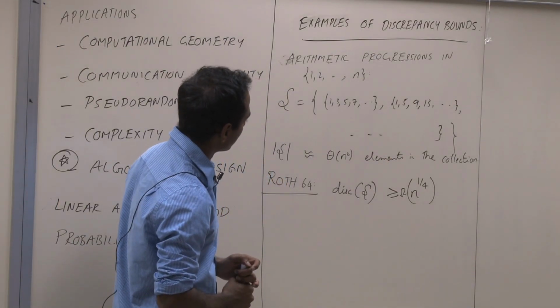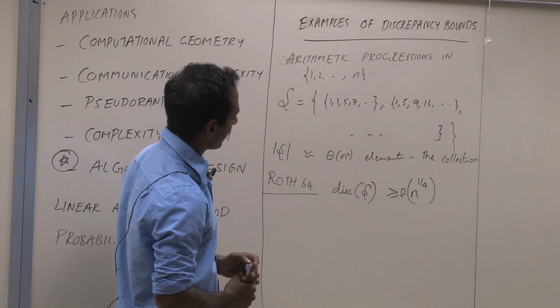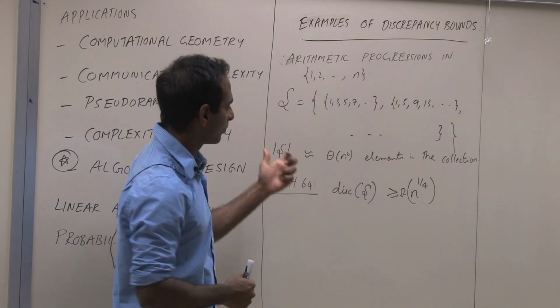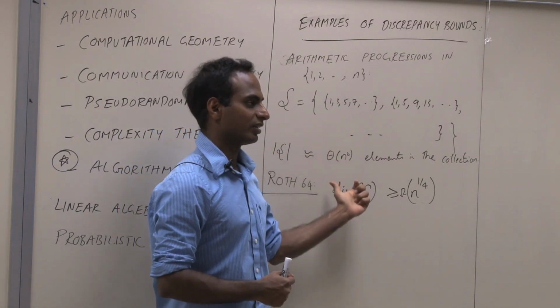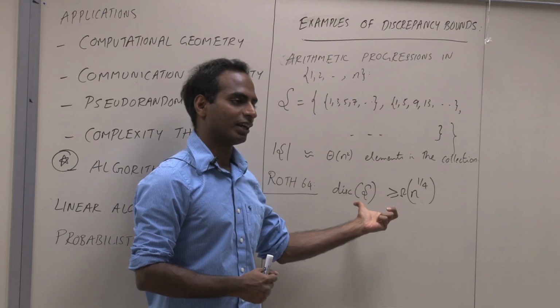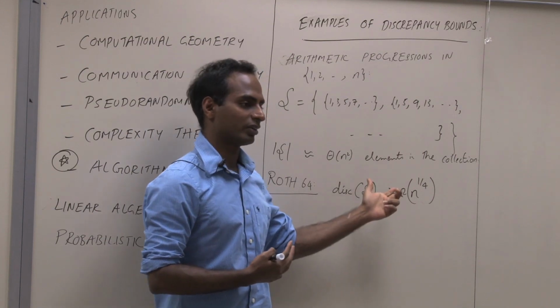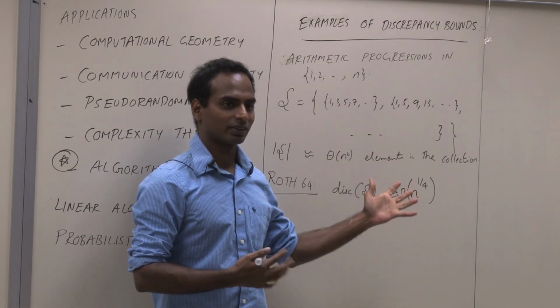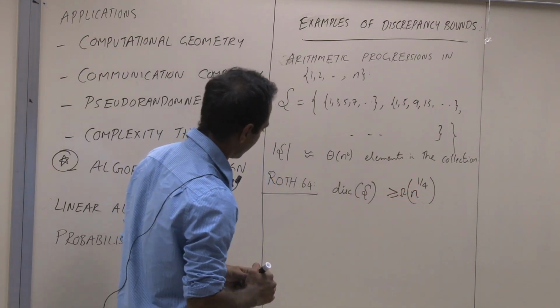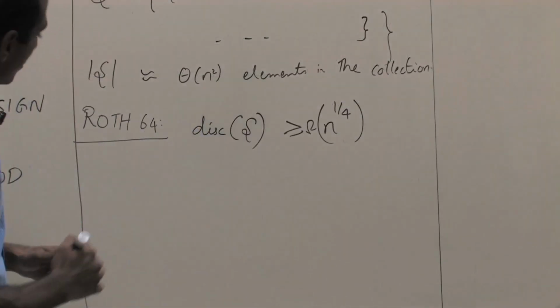Many people thought that there was an upper bound of root n, which was known at the time of Roth's work, and many people, I believe, were under the impression that the upper bound was the true answer. But that was shot to bits by